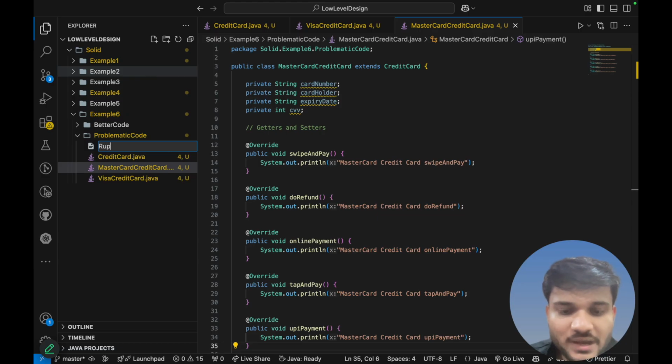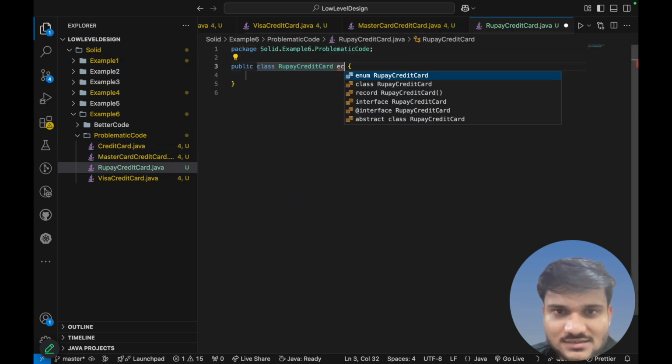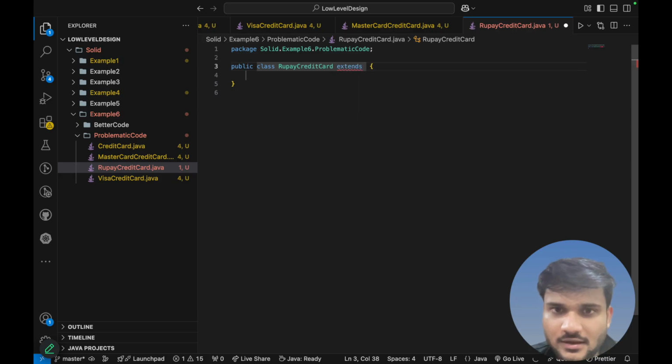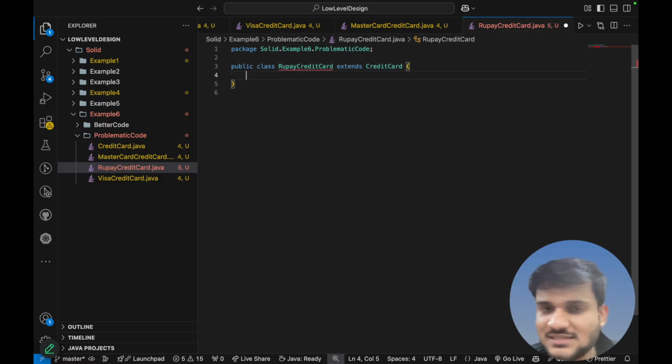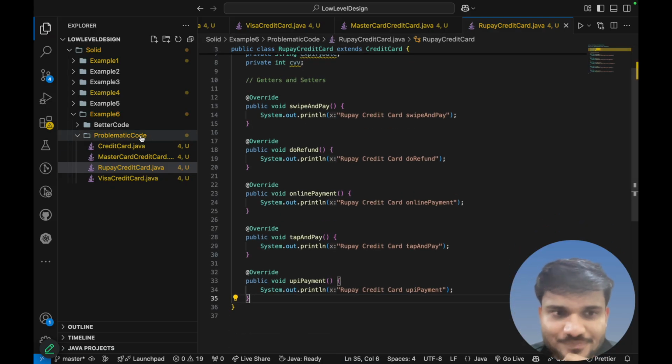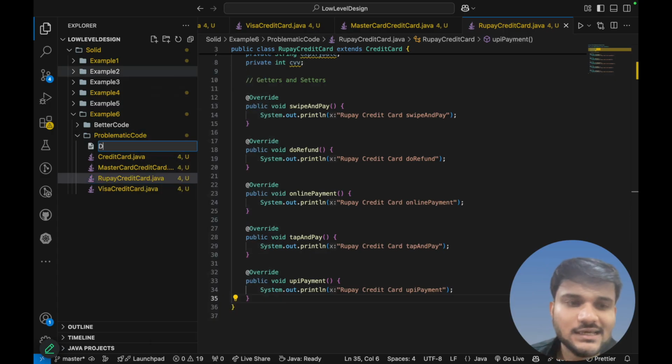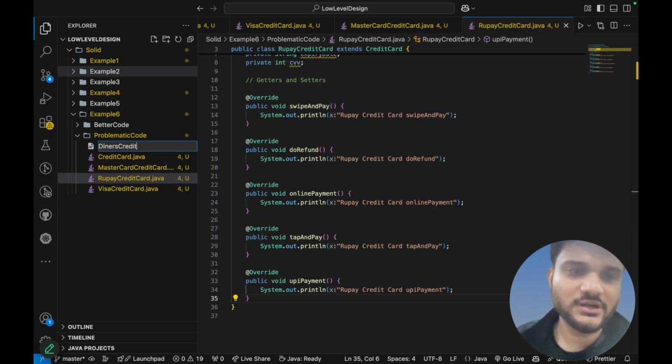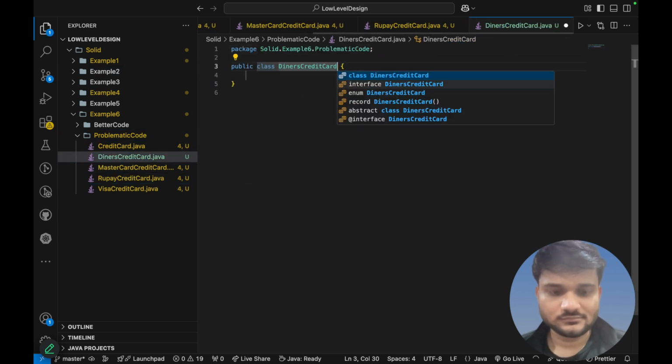Then you have RuPay credit card. It extends credit card, and then similar kinds of overridings will happen with RuPay credit card as well. And one more I will add, Diners credit card. There is one more network, I'm not sure if you know about it. Diners Black is a network, right? Diners credit card, let's say, extends,